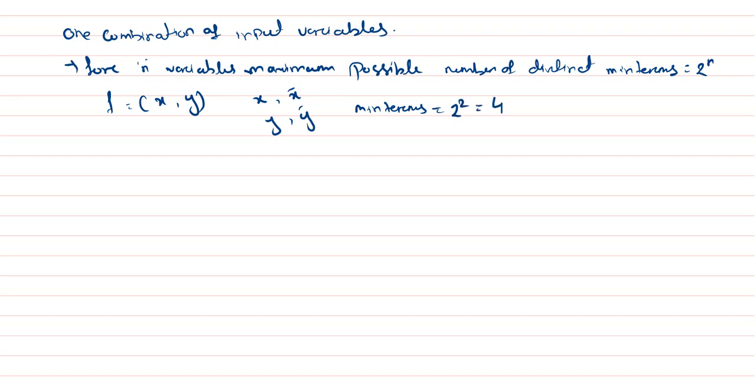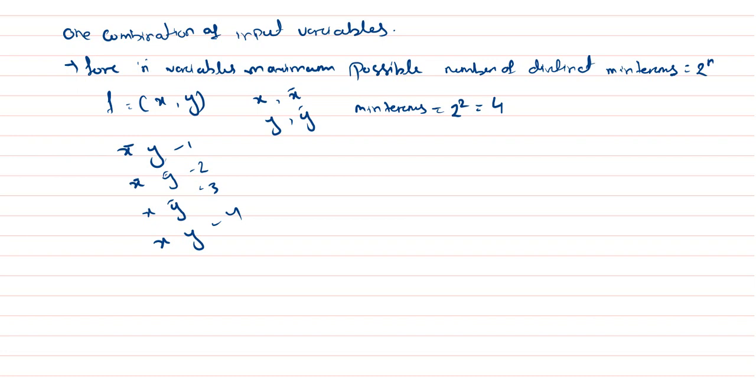So let us see what are the possible combinations. The first combination is x bar y. Second, x bar y bar. Third, x y bar, and the fourth combination is simply x y. Is any other combination possible other than these four? I think no, because I have written all the possible combinations here. So the total number is 1, 2, 3 and 4. That is what the statement says.